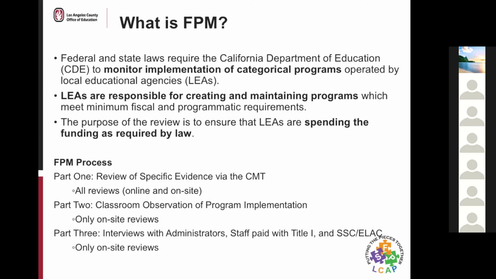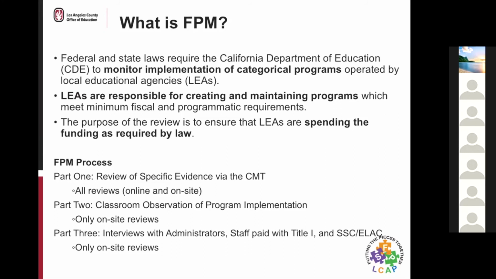When you are selected for review, you'll fall into either an online or an on-site process. But all of the evidence that is being required through the CMT, which is the California Monitoring Tool, whether you're selected for online or on-site, will be uploaded to the CMT system and reviewed that way.